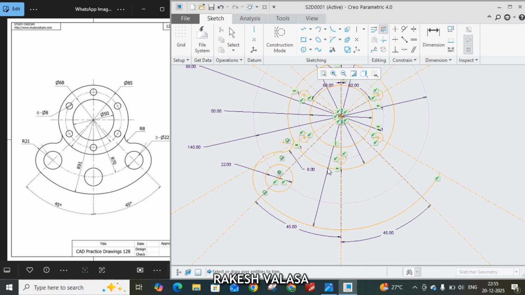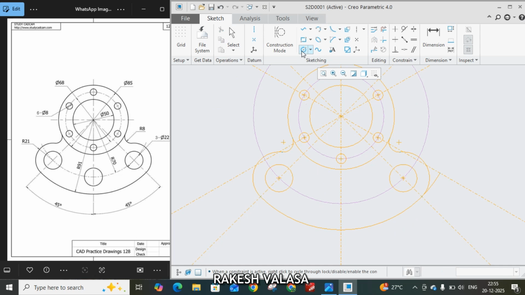After this you need to apply the mirror to the other side. So exit from this tool, select this circle and this curve, and also select this curve. Then apply the mirror tool with respect to this vertical line. You can see here one more circle is there, just that is similar like